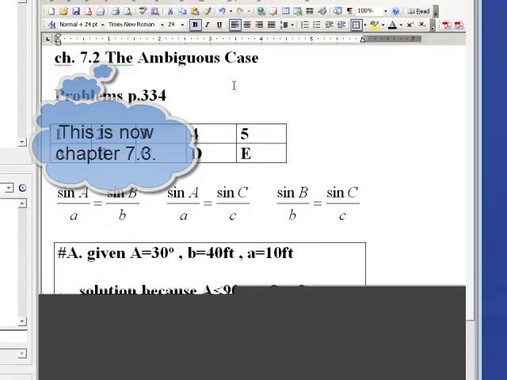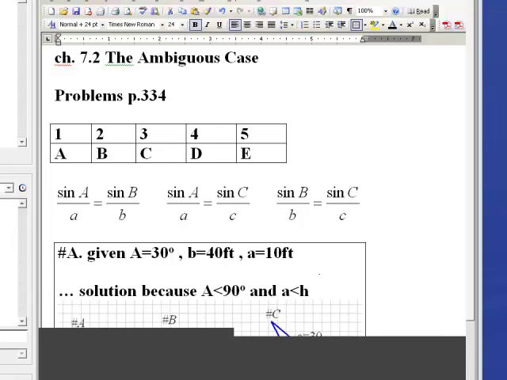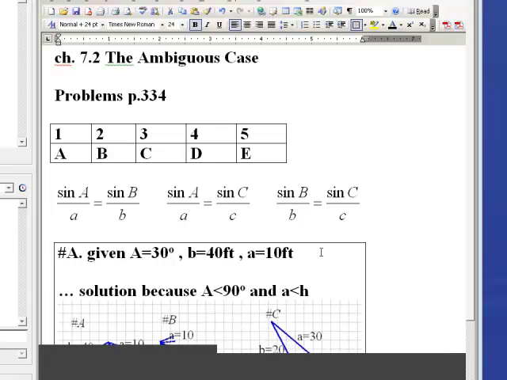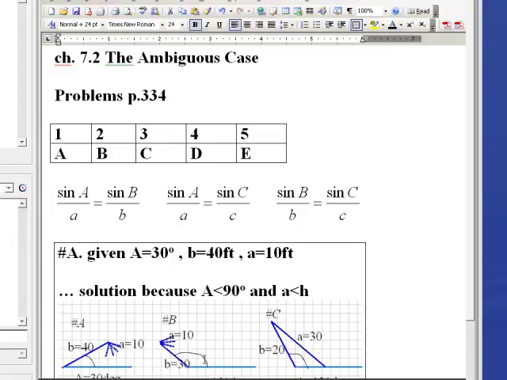Welcome to the problem section for the ambiguous case. I'm going to do again a small number of problems, 5 of them total. I pretty much wrote down all the information. I got myself already drawings for the first 3 problems here. Anyway, here's the first one, which says for the triangle ABC, solve for the angle B, given the information that